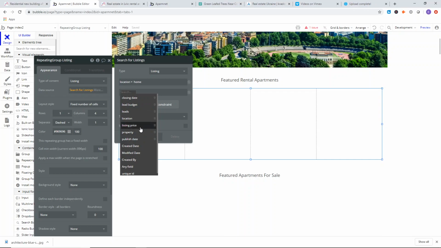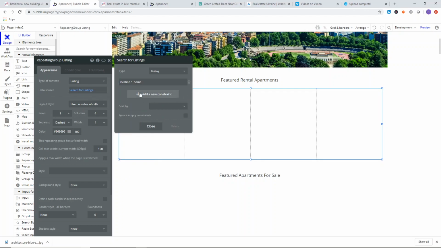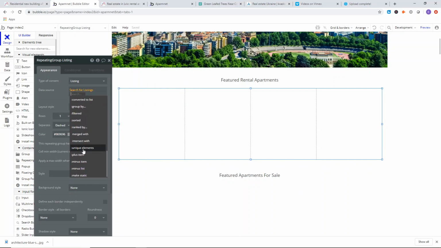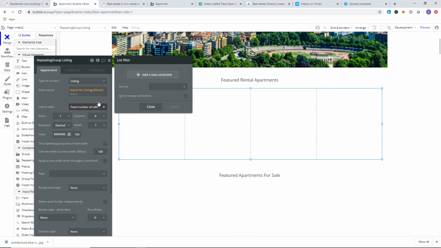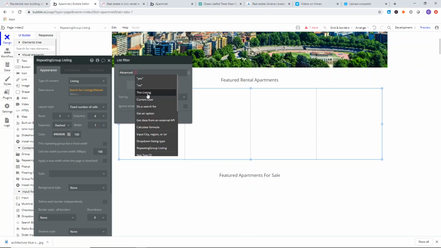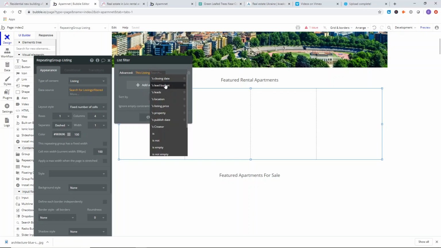And then that's all fine, let's just leave that alone. And we want to go over to here, click on this, click on more, click on filtered, and add a new constraint. And what we want to say is go down to advanced. We say this listings, this listings properties,